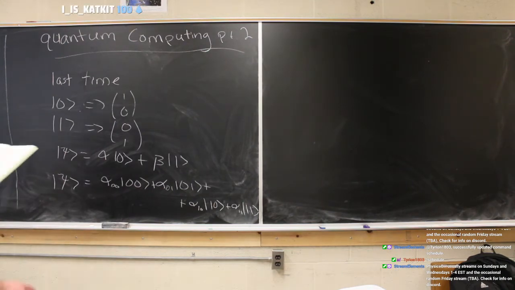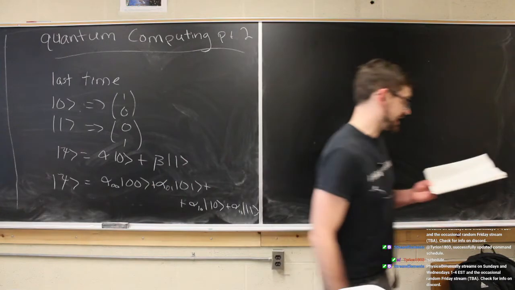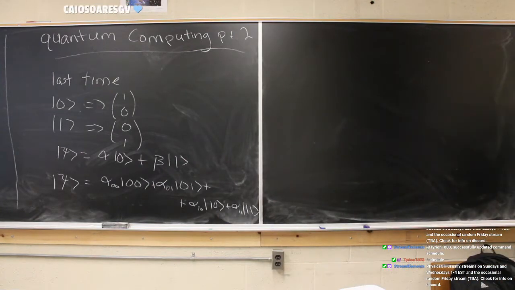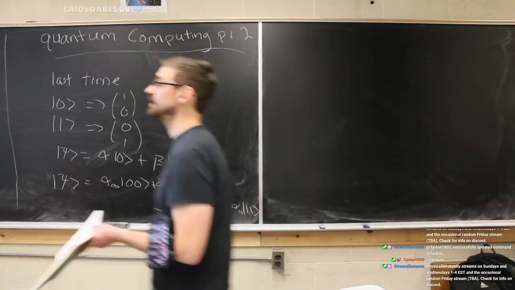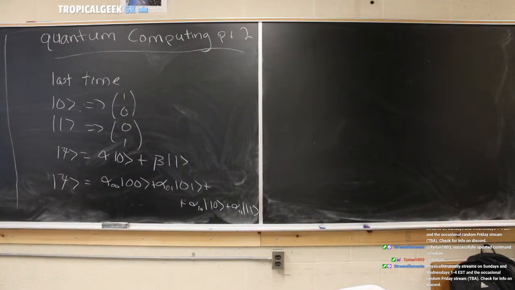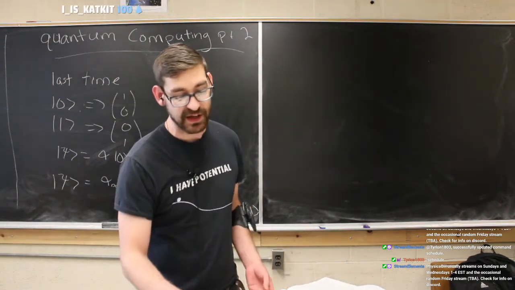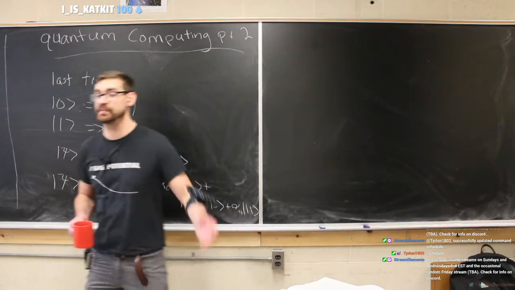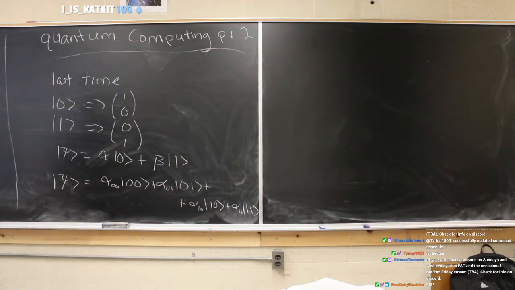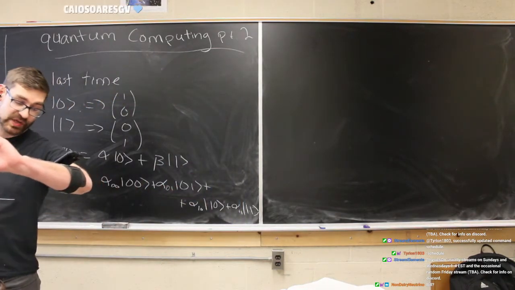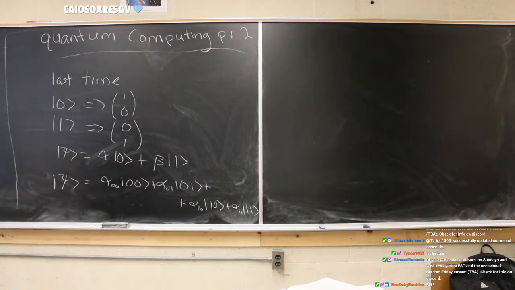And then we also discussed measuring 1 qubit and how that can transform the state, right? So the idea is we're going to talk about gates today. I don't know if I want to say that there are necessarily two types of gates, but there is a large distinction between measuring and having a measurement gate, and